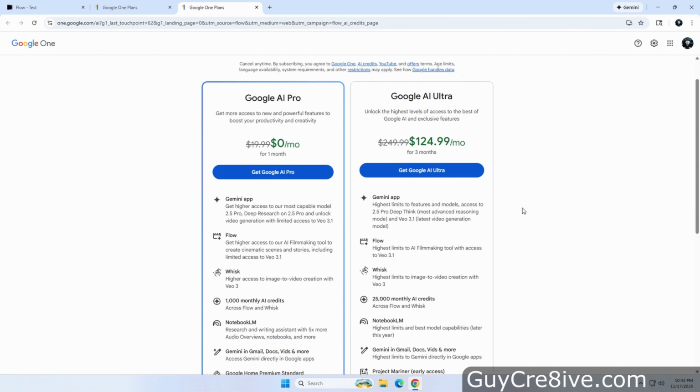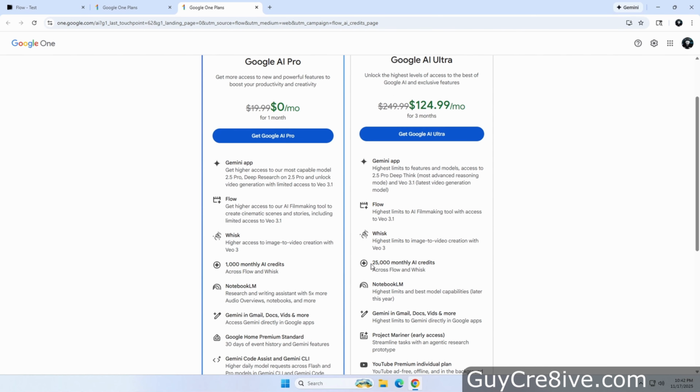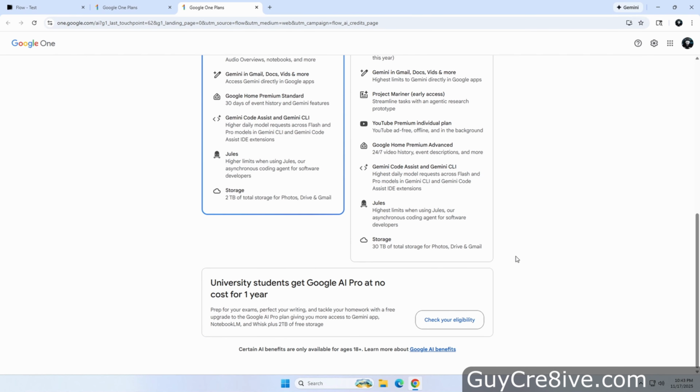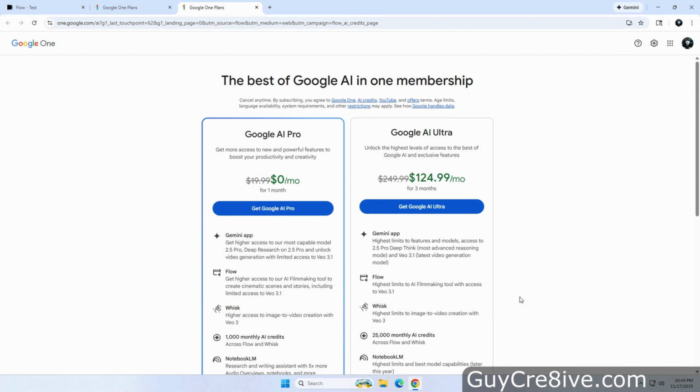The Ultra plan comes with 25,000 AI credits each month, which works out to half the price of the Pro plan, which is about 2 cents per credit with Pro and about 1 cent per credit with Ultra. However, you can just buy more credits at the Ultra rate if 25,000 credits is more than you will use each month. Now that I'm done comparing the plans, I will go up and close both the tabs for the